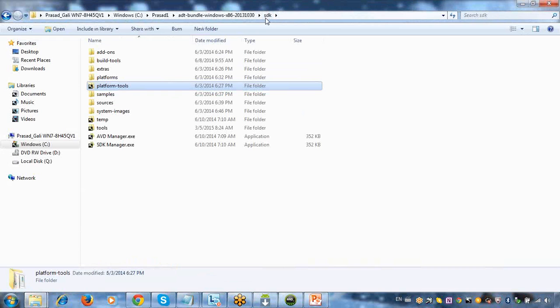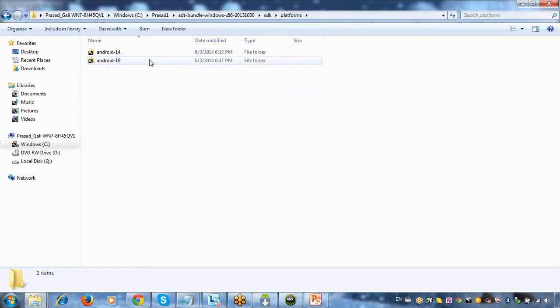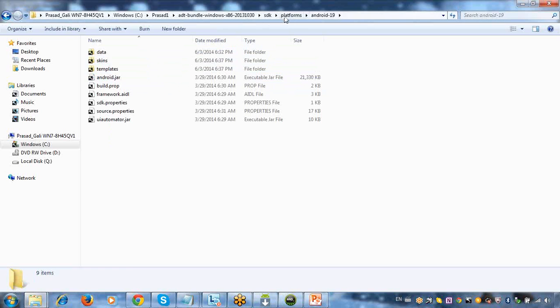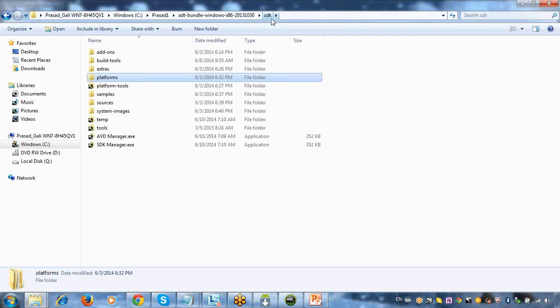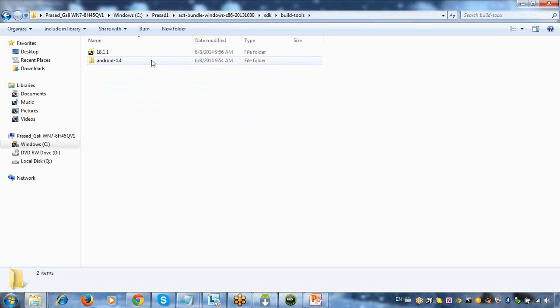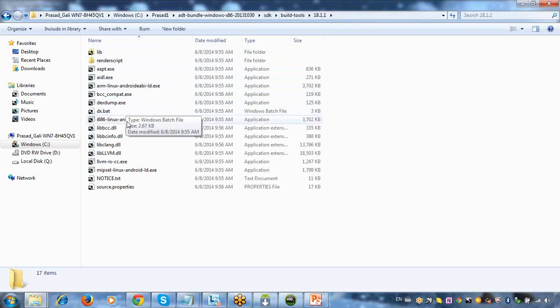here. Go to your SDK. Yes, go to SDK platforms. Go to platforms. Not platforms, go to build tools. Go to build tools. See here you can see that